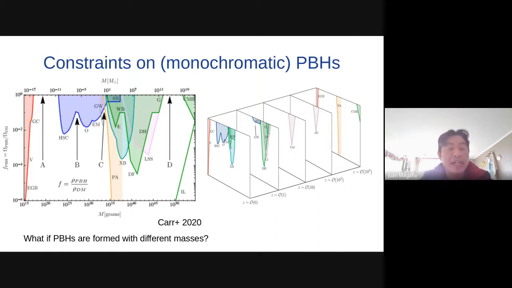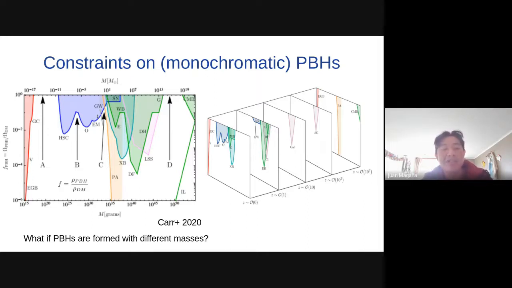And if we combine all these observational constraints, you can observe that there are only two windows where the dark matter in the universe can be composed totally by these hypothetical primordial black holes. This window here and the other one.